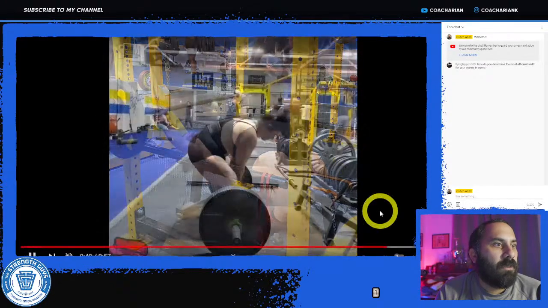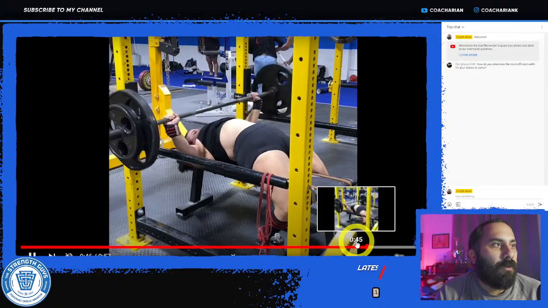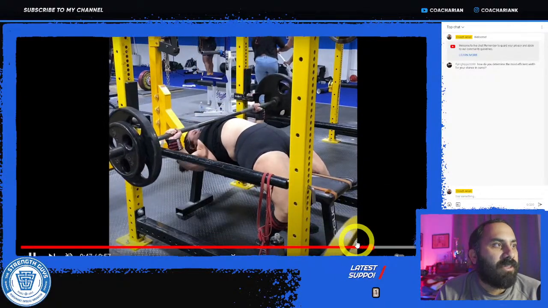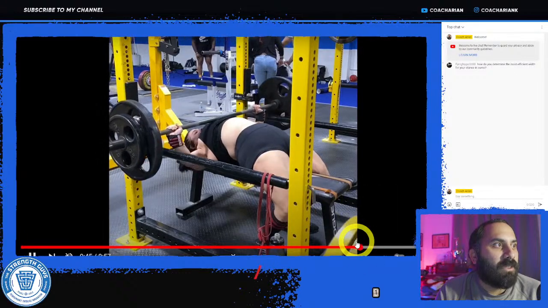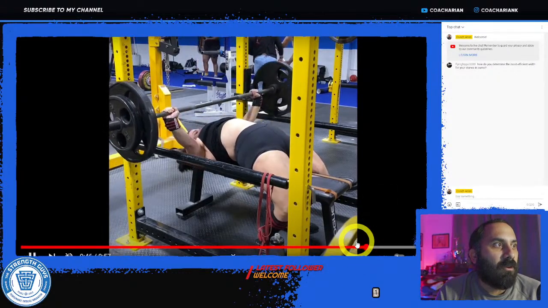So again, this is just a little bit sloppy as far as just trying to knock out all the reps rather than taking the time and doing each rep as its own distinct rep, like its own little single, where you're resetting at the top, making sure you're getting back into a good starting position.